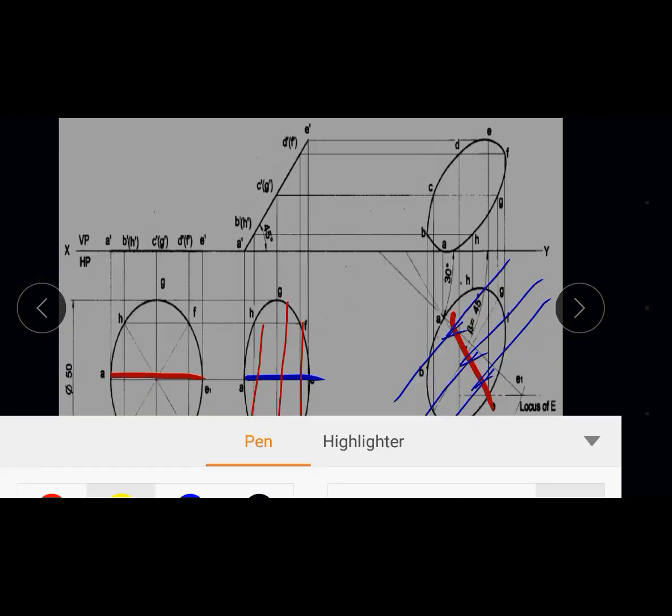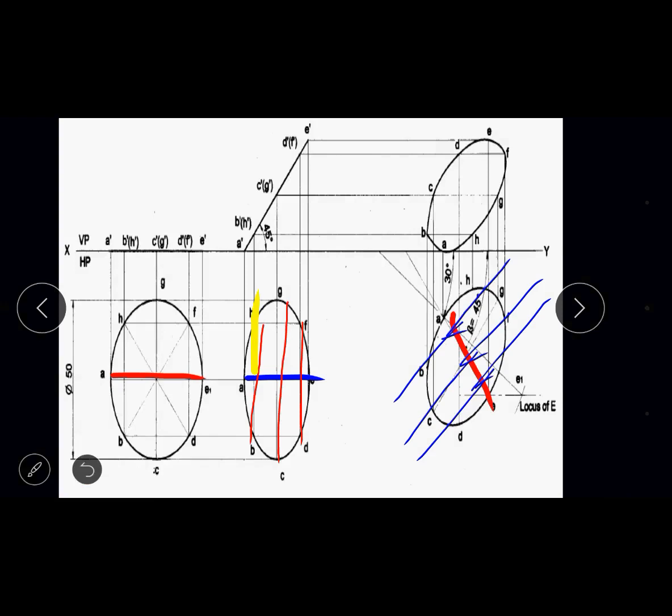So from the first point to the H, mark it. Then from the first point to the B, you will get a similar dimension, so you will get B. Then similarly, the second point to the G, cut a line here. Then again, second point to the C, then third point to F, then third point to D.